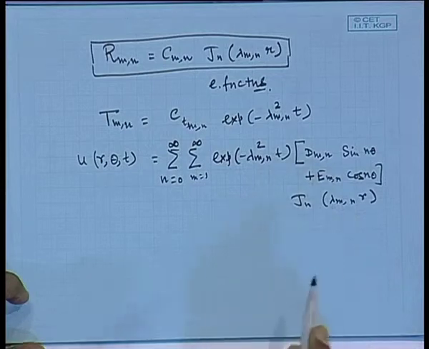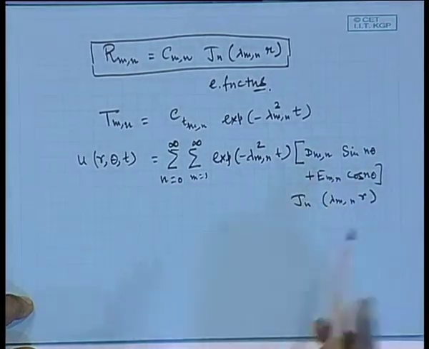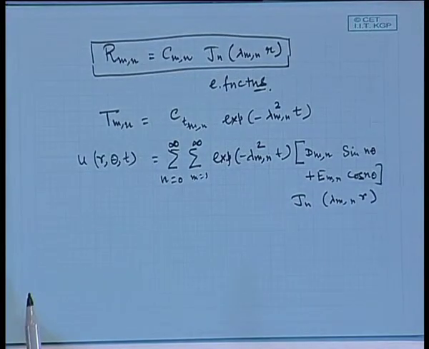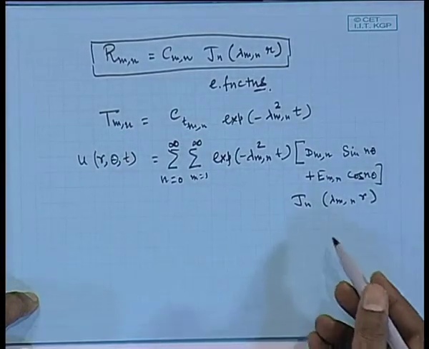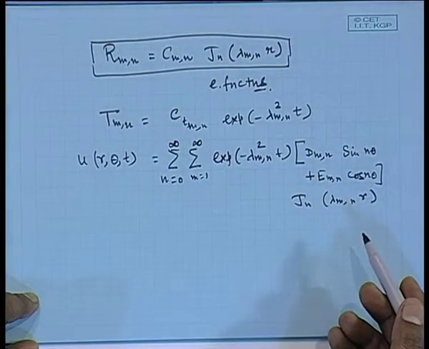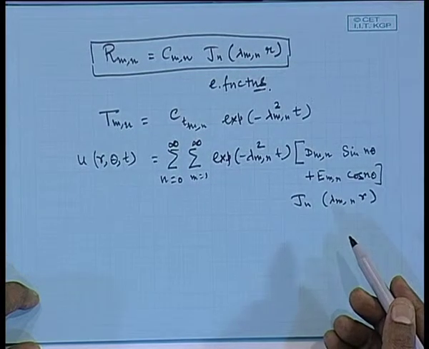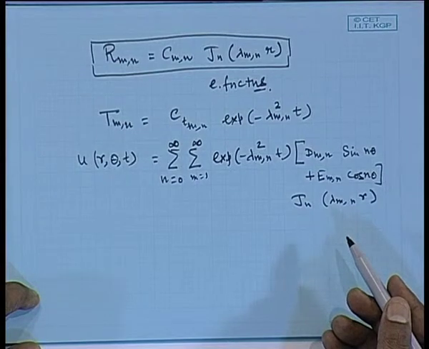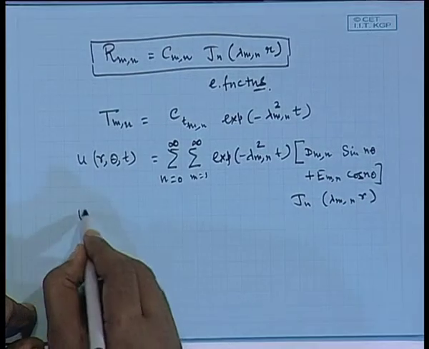So, this will be the complete solution, provided the constants d_mn and e_mn are evaluated. That can easily be obtained by using the orthogonal properties of the sine and cosine functions, as well as the orthogonal properties of Bessel functions. Bessel functions are orthogonal to each other with respect to the weight function r. Sine and cosine functions are orthogonal to each other with respect to weight function 1. So, using the orthogonal properties,